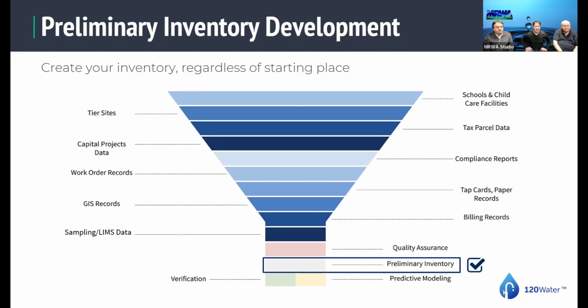And even if it's not specifically approved and it's knowledge you have in the back of your head, put it on the spreadsheet somewhere, put it in a database so that you know what you know. Any compliance reports, tax parcel data is going to be really important to get the pre-88s and the post-88s. We can help with that in a big way because we have access to national building data and tax parcel data. The schools and child care facilities was just briefly touched on.